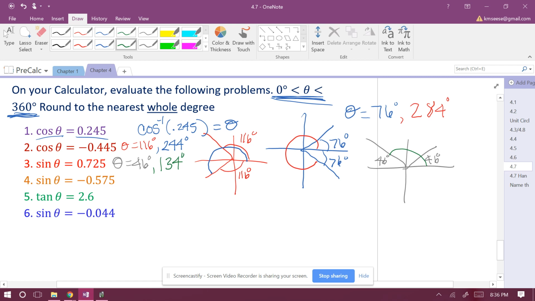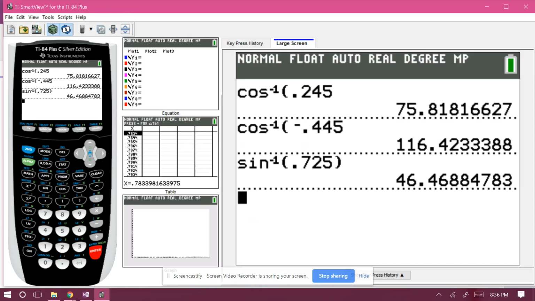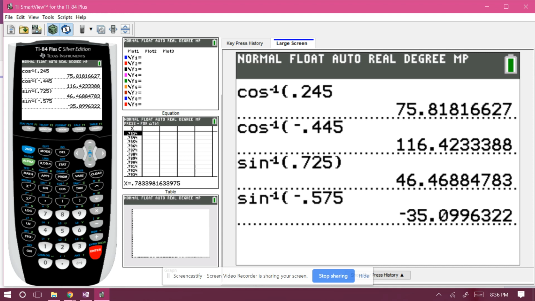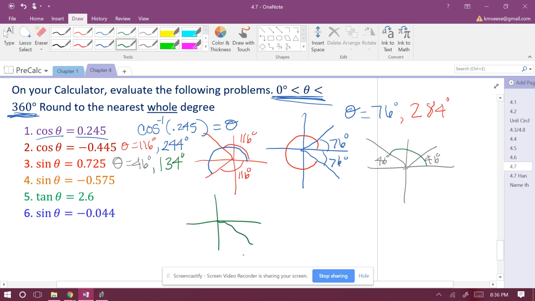All right, where's sine negative? So I have sine of theta equals negative 0.575. Well, that's going to be, instead of quadrants 1 and 2, quadrants 3 and 4. And so now we're going to take sine inverse of negative 0.575, and that actually gives me an answer of negative 35 degrees. Because remember, sine inverse always gives you an answer between negative pi halves to pi halves, or negative 90 to 90. So I could have a 35-degree angle down here,